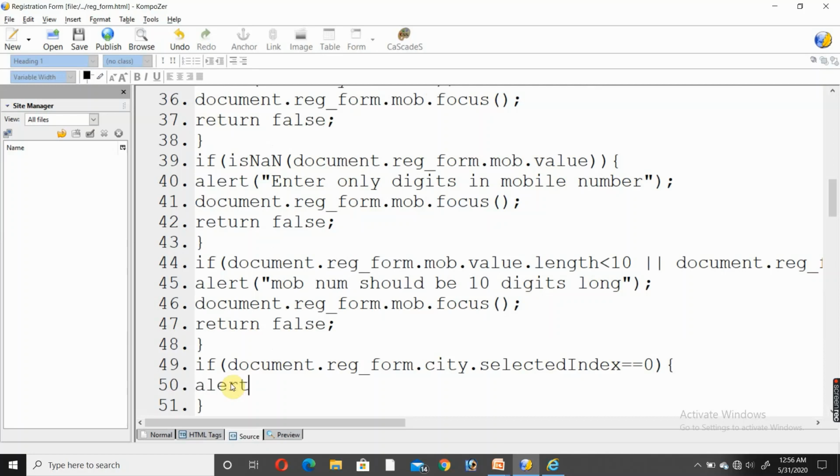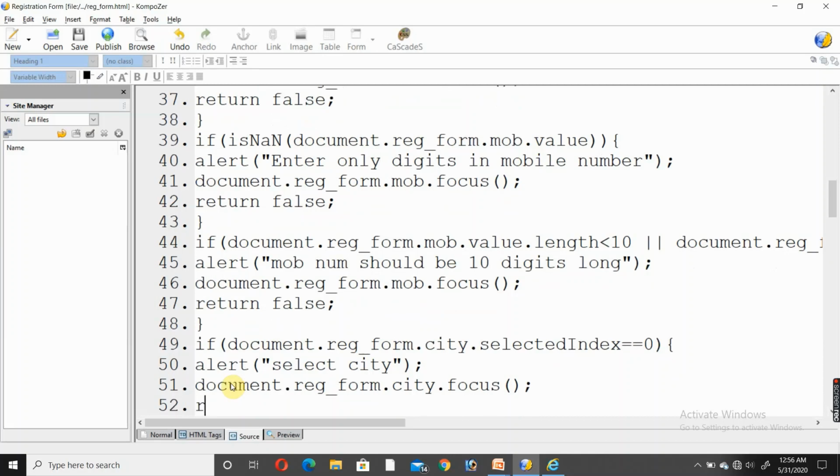Alert: select city. Focus, and you can call document dot reg form dot city dot focus, return false. Fine, now it is over.